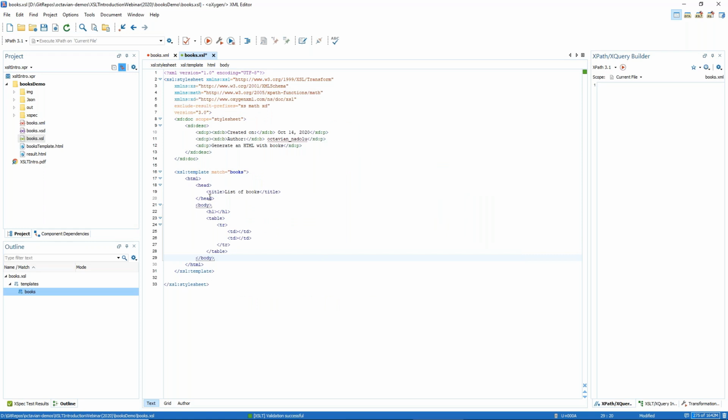So now we have this body with the H1, so we need to set a title here. Let's say list of recommended books, and I misspelled, but I have also the spell checker, so it helps me. Then